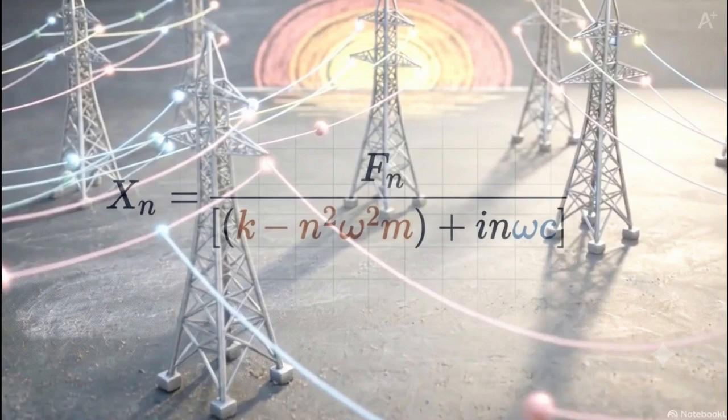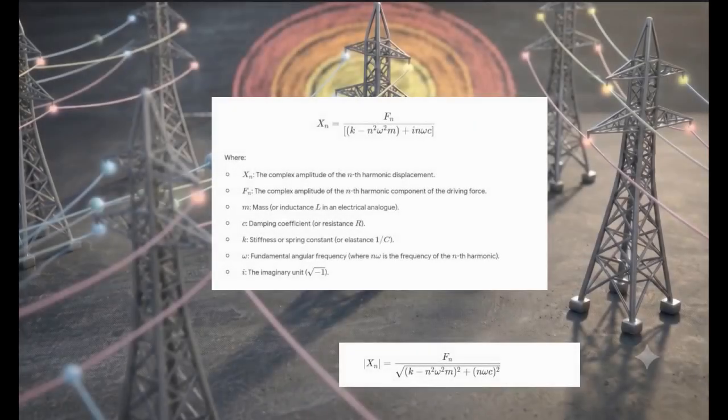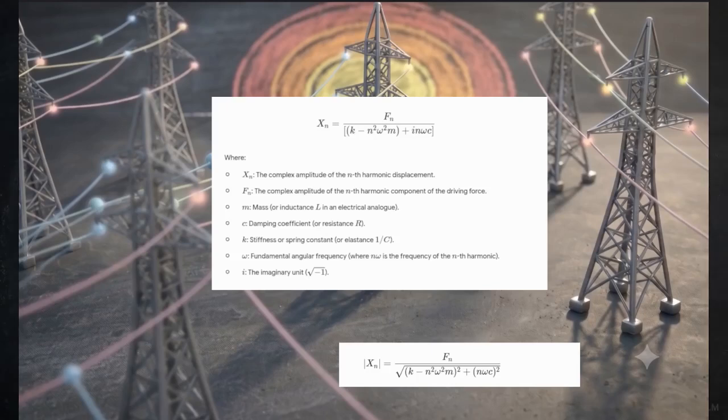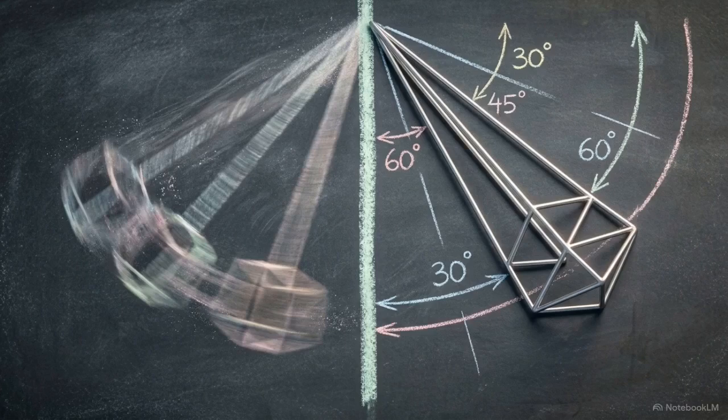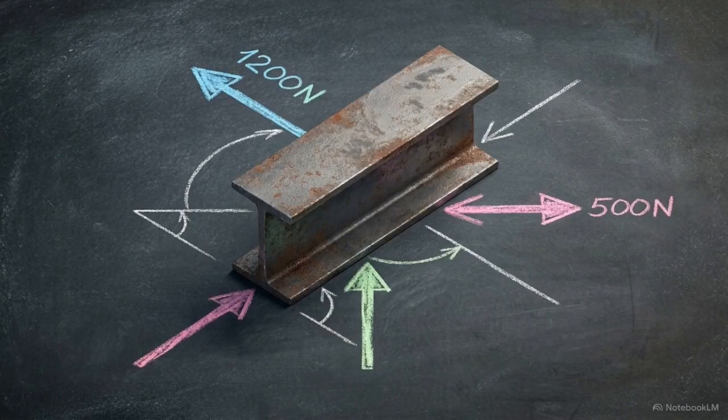This constant encodes two parameters simultaneously: the magnitude, representing maximum physical displacement, and the phase, which tracks the timing delay between the driving force and the structure's response. Translating oscillations into complex algebra freezes the motion, replacing a shifting timeline with a static geometric map. This transformation makes the forces acting on the structure readable at any single point in time.